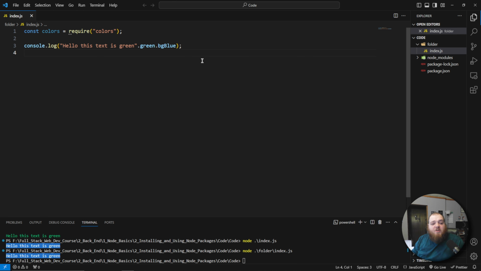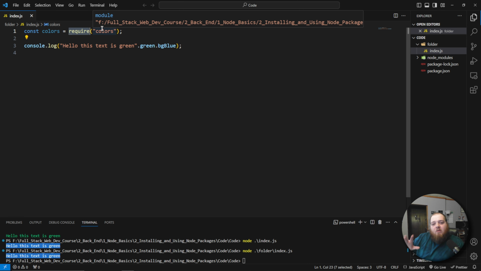So just as a quick review, we can require packages, so we can pull packages into our applications using the require keyword. Now, whenever you're working with packages, these are not per se official things inside of the language itself. It's other things that other people have written for you that do specific things. So you really have to read the documentation for each specific package whenever you are utilizing a package, and you'll get better at reading documentation as you work more with these packages. But you really have to read the documentation to see how it's written and how you can utilize that package